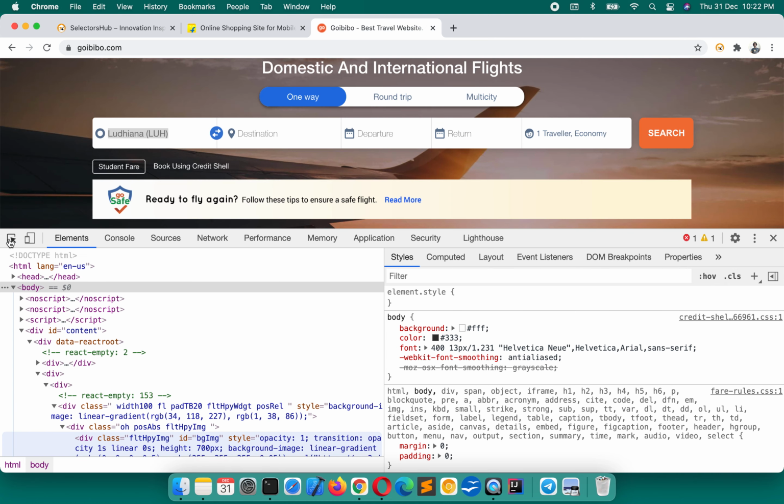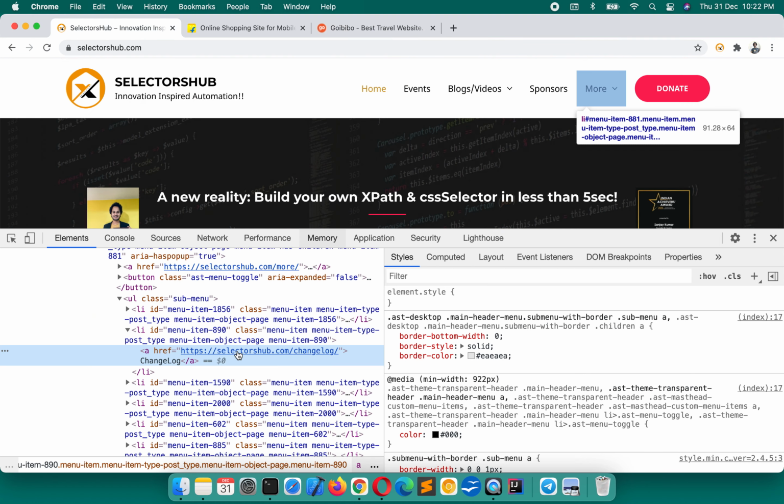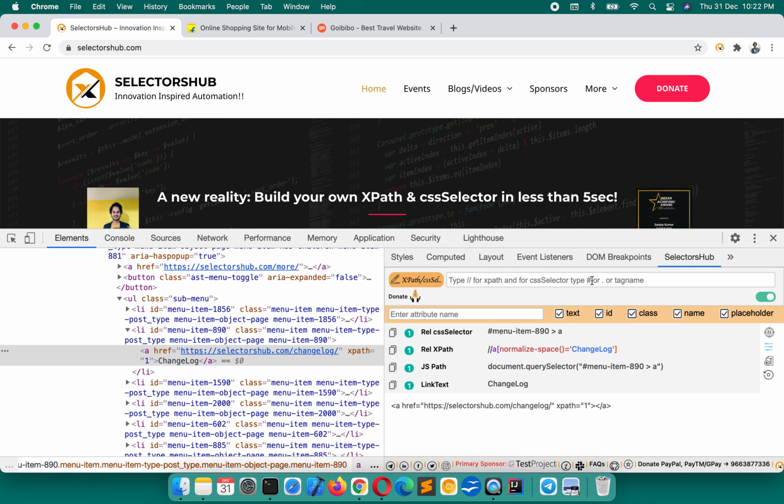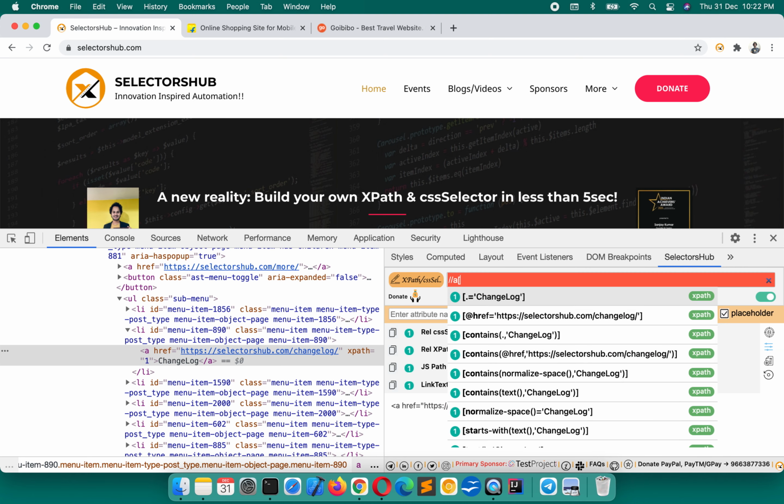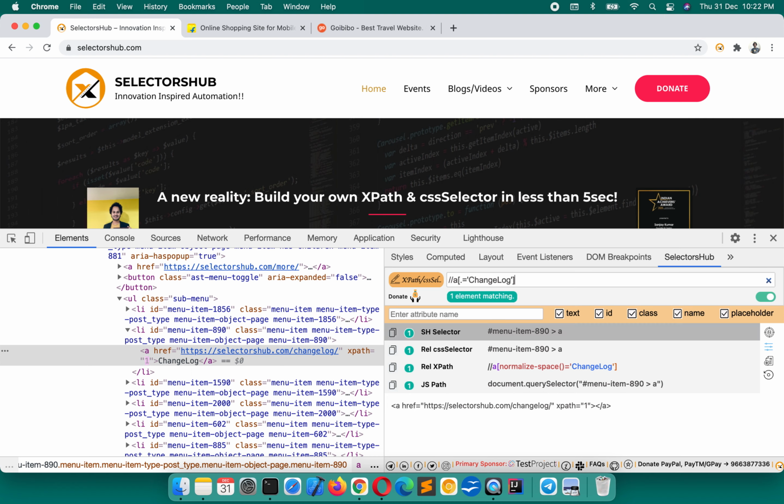So then people execute different kinds of scripts and all. Okay, so let's see one by one how we can handle such elements. One is this, which is available in the DOM. For this one, we can directly write the XPath. Open SelectorsHub, start typing, and you can easily write the XPath for such elements. So this is easy.